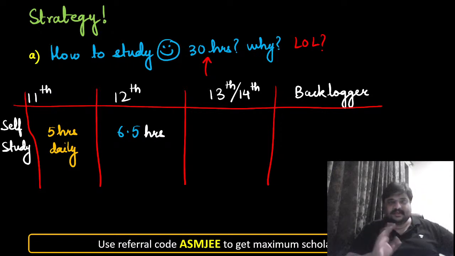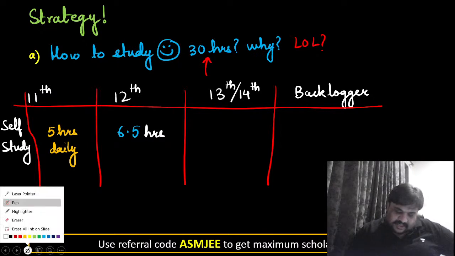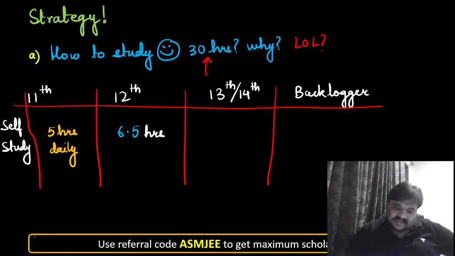Okay, so it depends. Suppose you are in class 12. If anybody is in class 12th right now and they have a backlog of 2 or 3 chapters, let's say a 3 chapter backlog, this is with respect to a 3 chapter backlog. If you have more backlog,